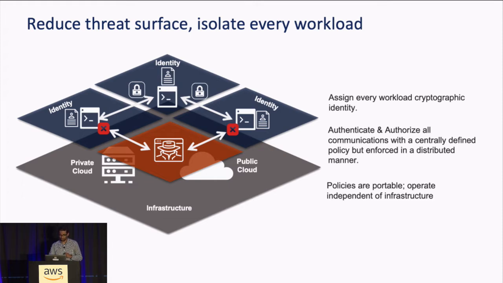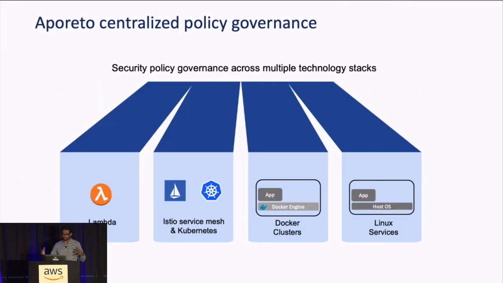I'm going to dive right into the demo, but the last slide is about the way we work. The solution encompasses an Istio environment with service mesh technology, a Kubernetes environment, or an ECS cluster. It doesn't really matter to us. We are actually able to work with Lambda functions as well.